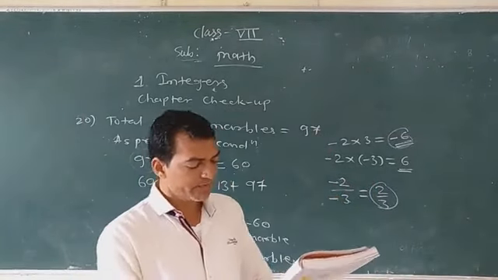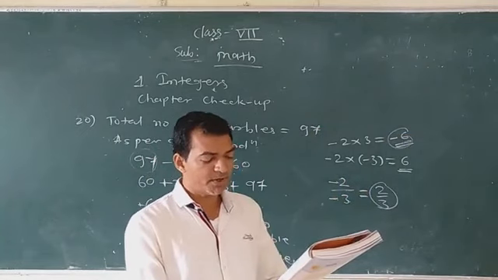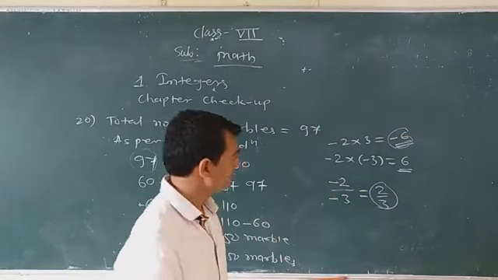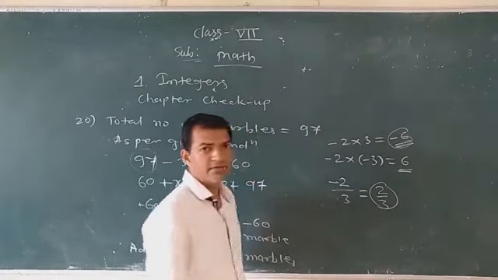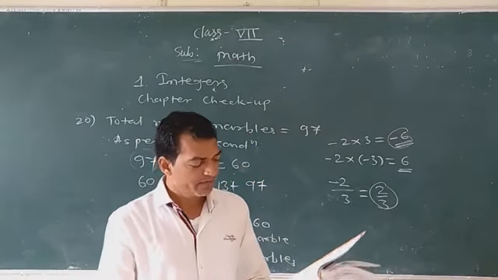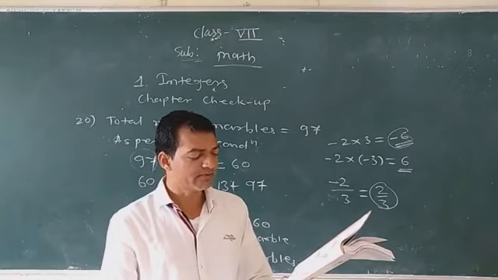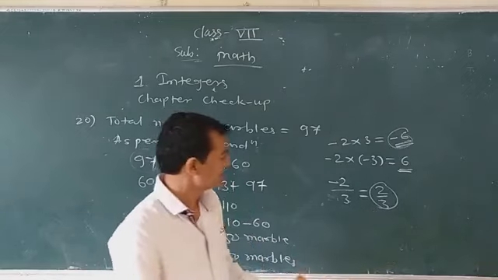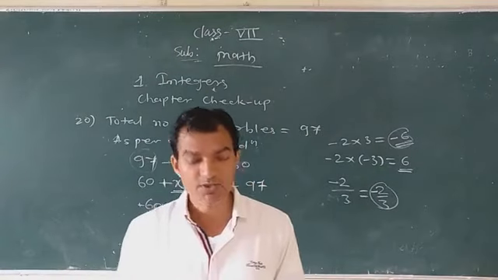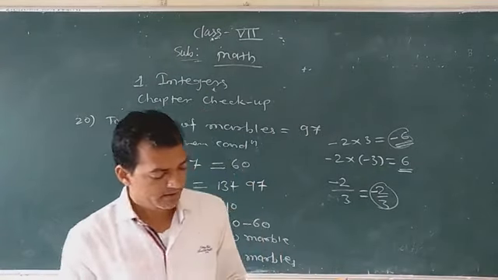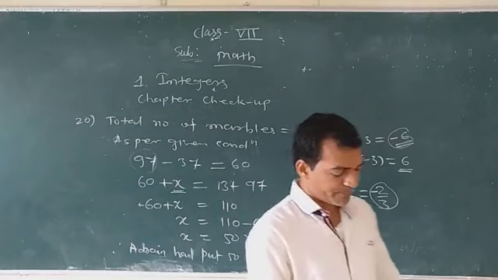And then the last one: when two integers of opposite signs are divided, suppose minus 2 divided by plus 3. What can we get here? When two integers of opposite signs are divided, we get a negative integer. Right? We get a negative integer. It is correct, so write down true. Okay. Then question number 2.